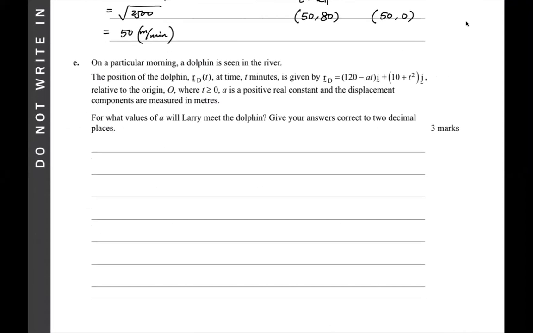Okay, last part. On a particular morning, a dolphin is seen in the river. The position of the dolphin r_D of t at a time t minutes is given by r_D equals (120 minus A t) i plus (10 plus t squared) j relative to the origin. A is a positive real constant and the displacement components are measured in meters. For what values of A will Larry meet the dolphin? Give your answers correct to 2 decimal places. So basically, if they meet each other, that means collision, all right? For collision to happen,